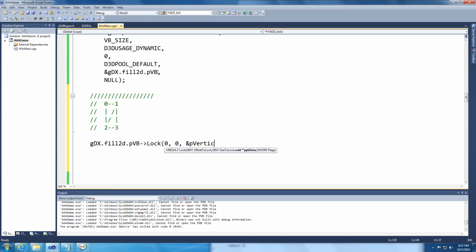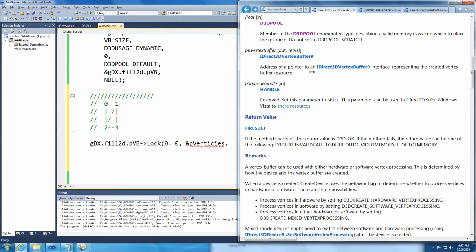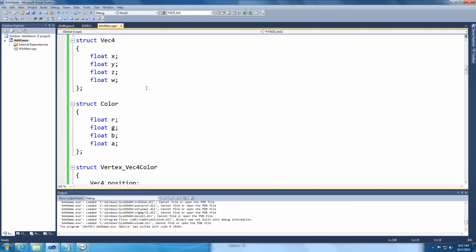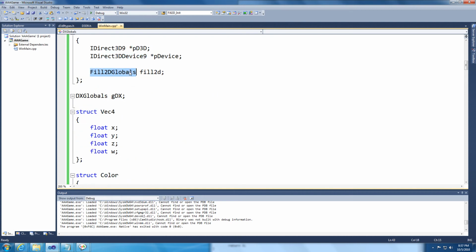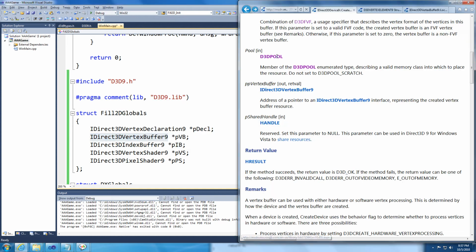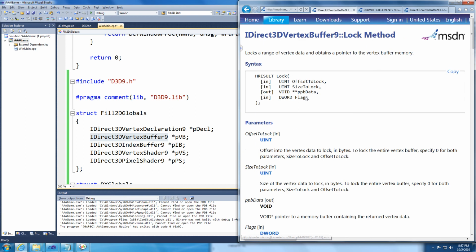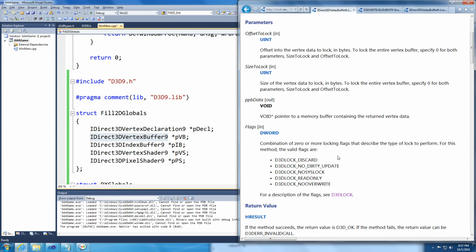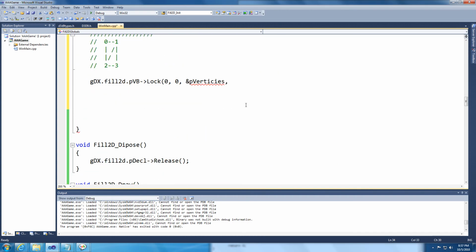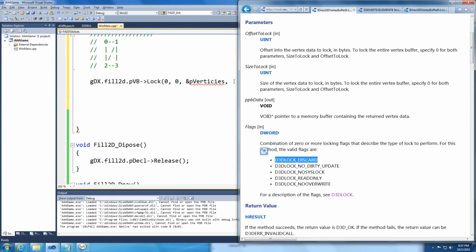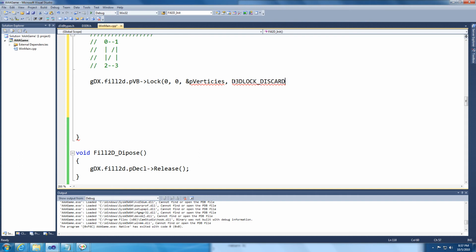P vertices. And then there's some flags, and let's go look that up, what the vertex buffer lock flags are. Lock. And the flags are discard, no dirty, syslock. We will use discard, and that means we don't care what was in it before. You can throw that away completely when we lock the vertex buffer. And then unlock here